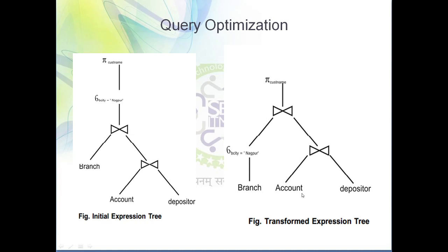So whose role is it to select query plan 1 or 2? It is the role of the optimizer. The optimizer is that component of your database which takes relational algebra as an input, produces n number of query evaluation plans, and out of the n plans selects one as the final query evaluation plan and gives it as an input to the query evaluation engine, so that the engine can make use of this plan, retrieve the data and provide it to the user. So this is how query optimization works.